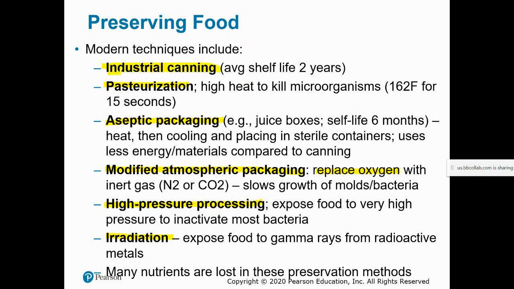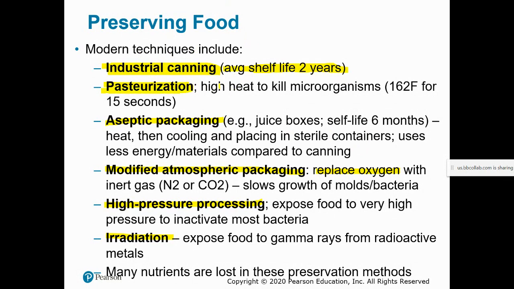So canning, just like you might do home canning, obviously industrial canning would be a little bit more of a mechanized, large-scale process. But oftentimes, because you've removed oxygen, you're also removing exposure to light. Oftentimes, well, temperature, I guess, would probably stay the same, but the primary thing you're removing with canning is the oxygen. So oftentimes, food that is canned has a pretty good long shelf life, like 2 years.